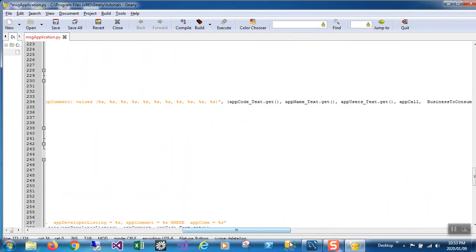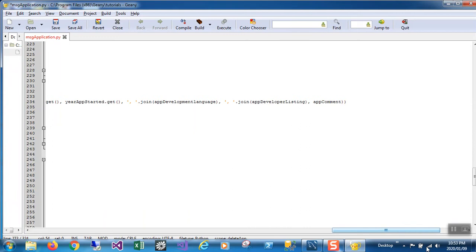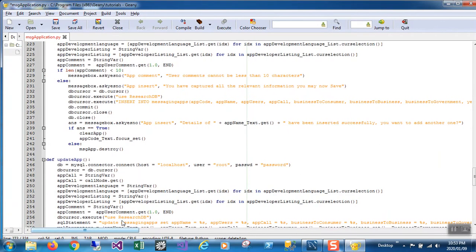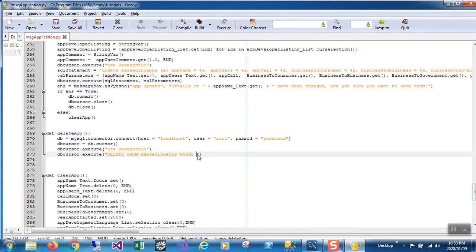Okay, let's go and use this one. Oops, all right. I don't like what I'm doing, but anyway, it's fine. Where app code equals